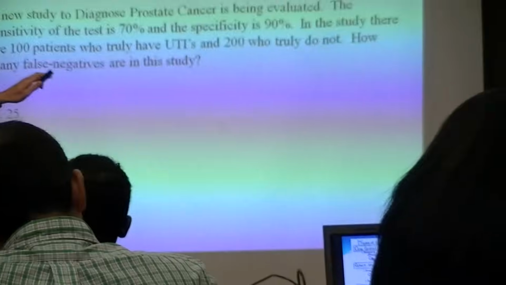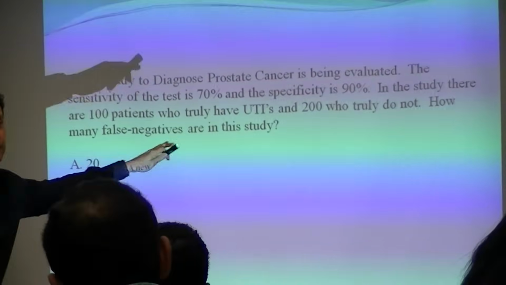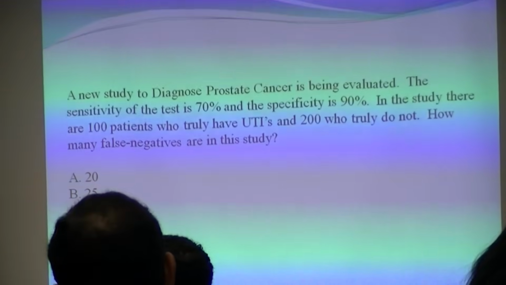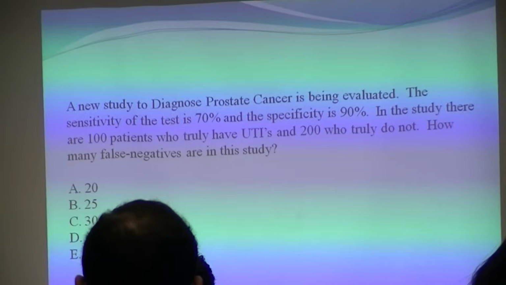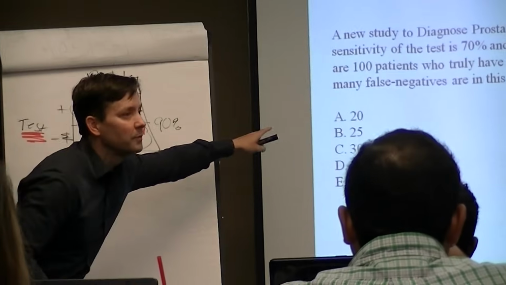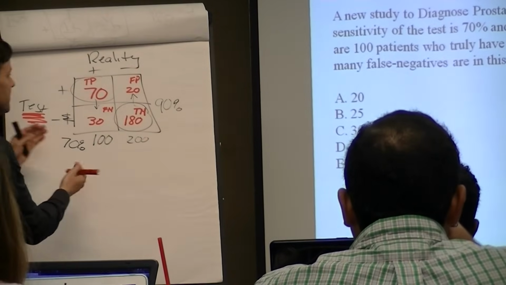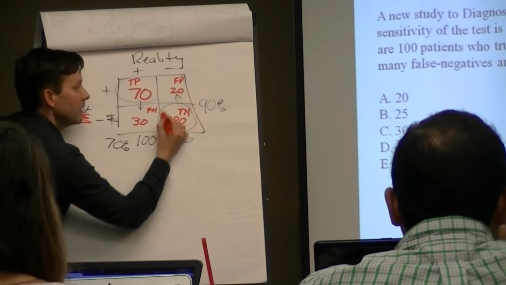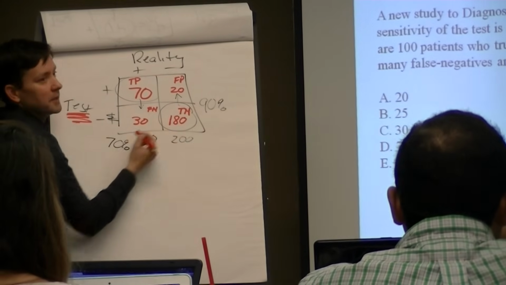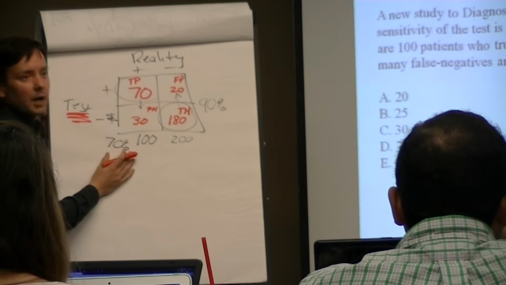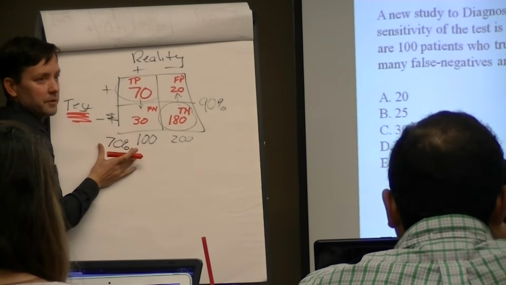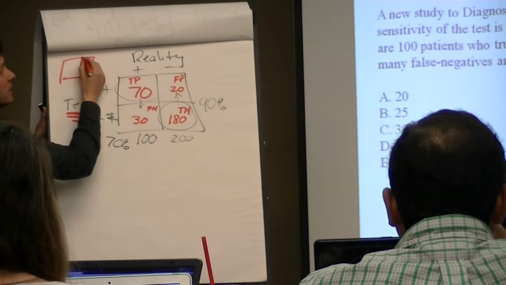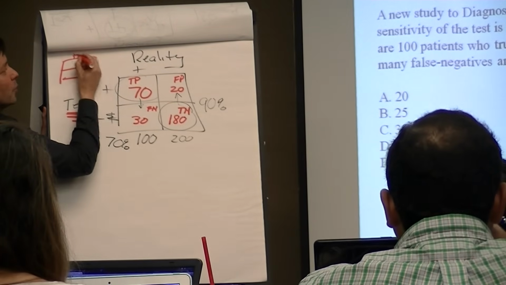So this question said, how many false negatives are in this study? 30. You had to work way backwards on this, right? Now, they give you a 2x2 table, but what they gave you is enough information that if you know how to put these things in, I don't care what they give. They can give me any number they want. I'll work backwards and I'll figure out what they want on this, okay? That's how it works. But you gotta be able to work through these very quickly on that test,